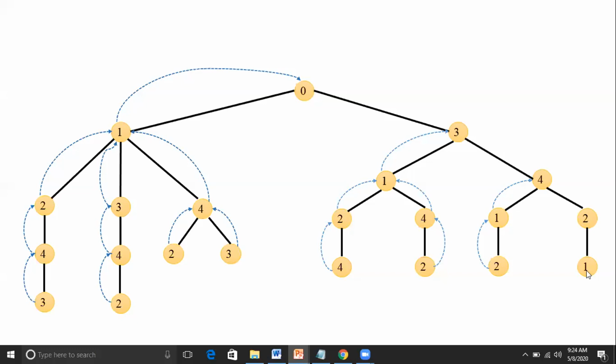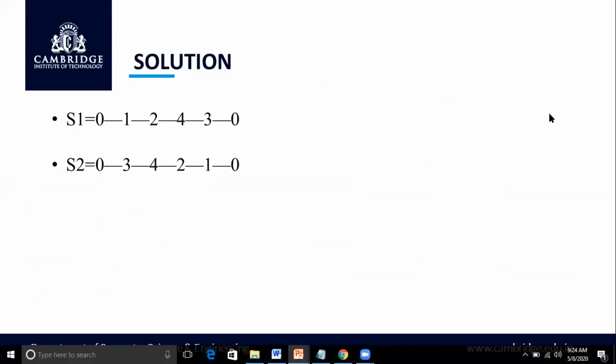So we got the second solution. Even though you get a solution, you need to backtrack. Once you reach the source city, you have traversed all the paths. After traversing all the possible paths, we got two solutions. One is 0 to 1, 1 to 2, 2 to 4, 4 to 3, 3 to 0. And 0 to 3, 3 to 4, 4 to 2, 2 to 1, 1 to 0. Any doubts, students? Understood, right? Is this simple? Yes, sir. So now we'll go to the lab program.